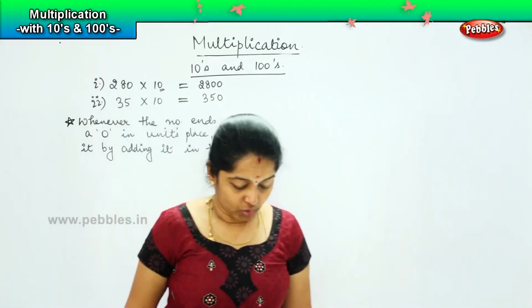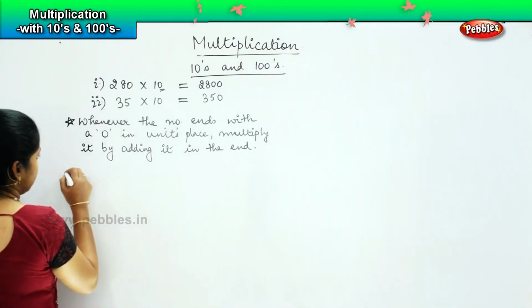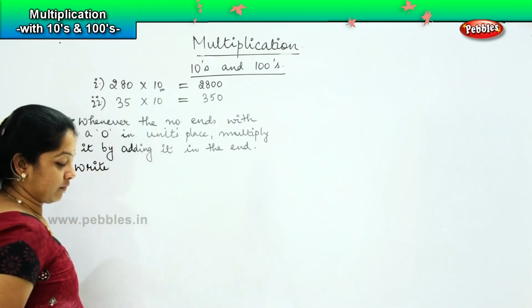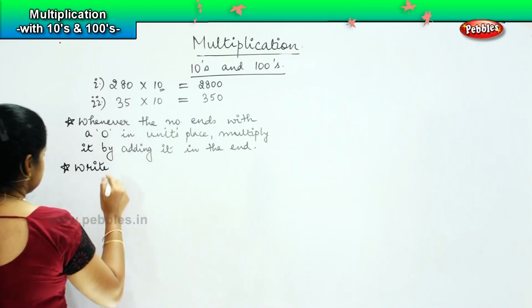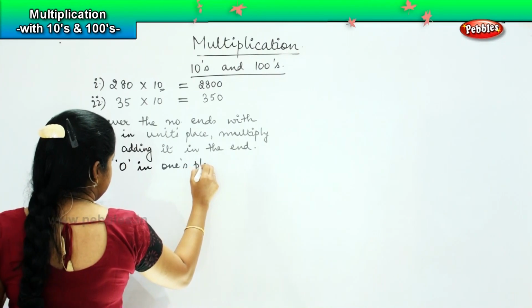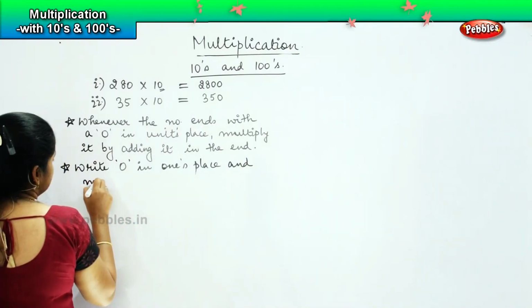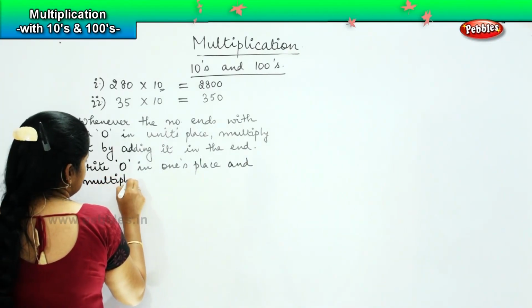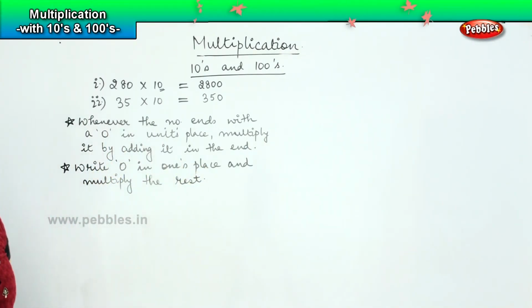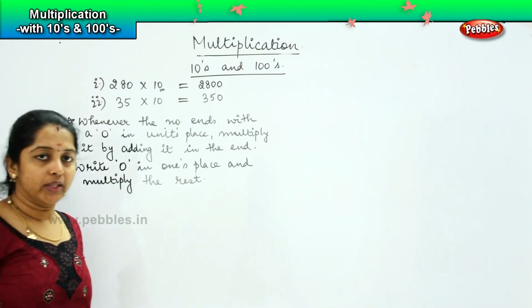Okay, so which means that you need to write zero in ones place and multiply the rest. So this is the basic rule which we will be applying when we are multiplying with a number that